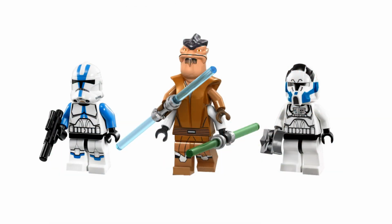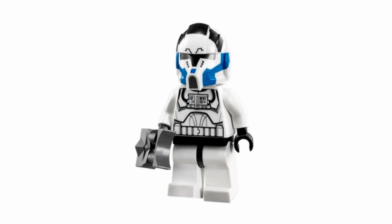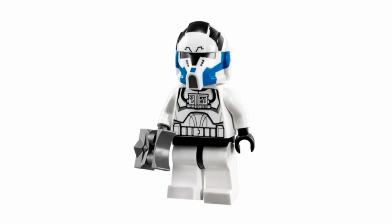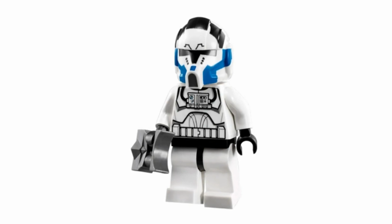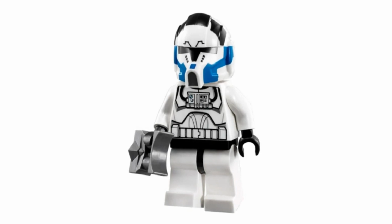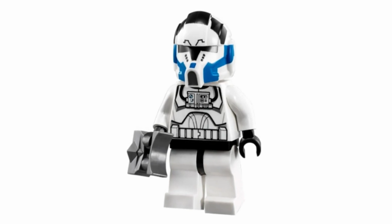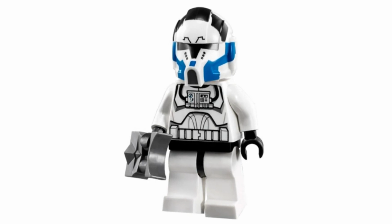this set is that it has one Jedi. So if they would have swapped out that Jedi with another clone trooper, it would have been much better for clone army building. But yeah, the minifigure is great. I love the detail on the clone pilot. The torso printing is amazing. The helmet is unique. So this is definitely a go-to for a unique clone army with different variations of clone